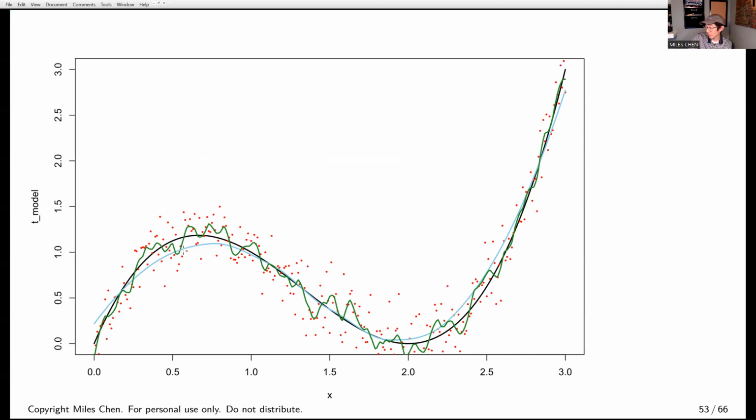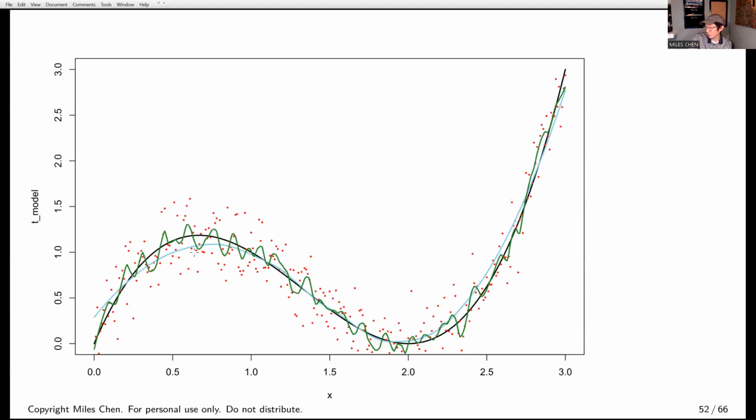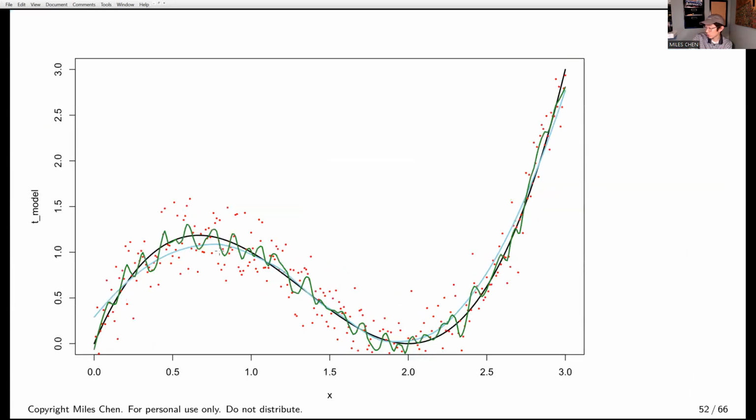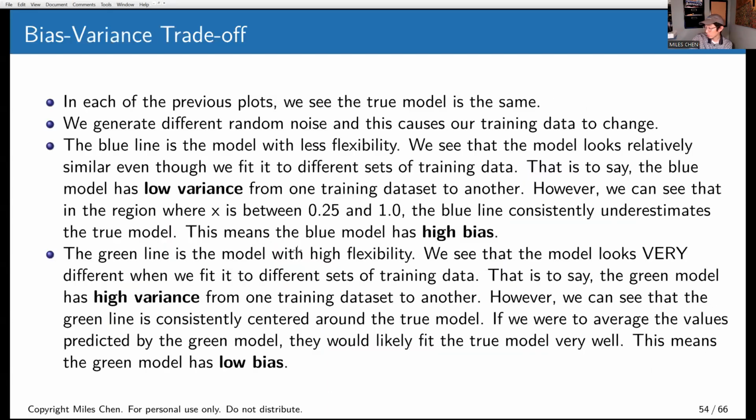We can imagine, even in the overall average of all of these blue lines, there's quite a bit of difference, right? The blue line consistently underestimates the true model in this region. The green line, however,